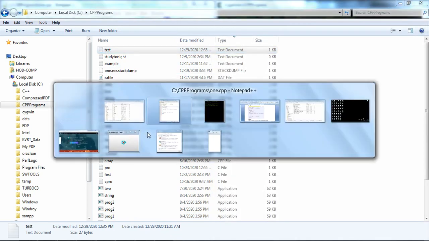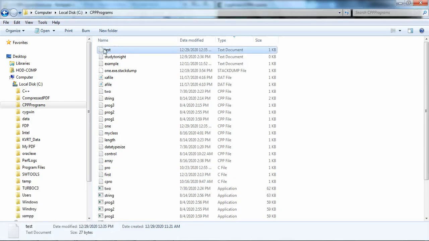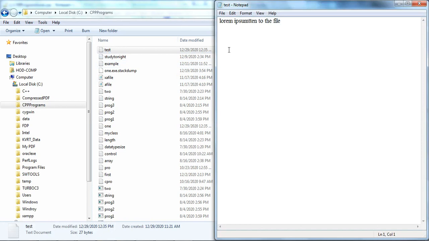Now it opens the file test.txt. Yes, the file is available, that's why this condition is true. Then it prints the content of the file. Then the operation is successfully performed.